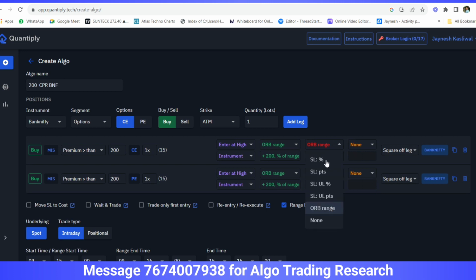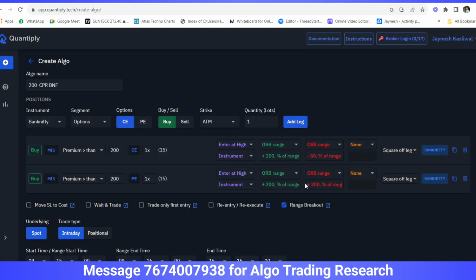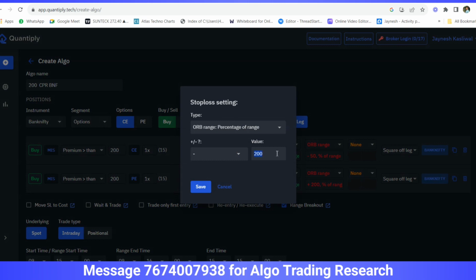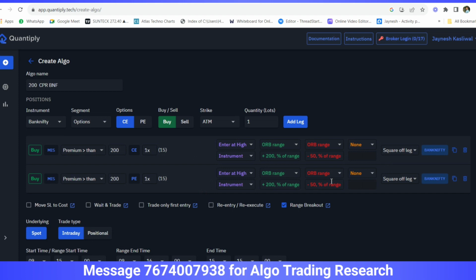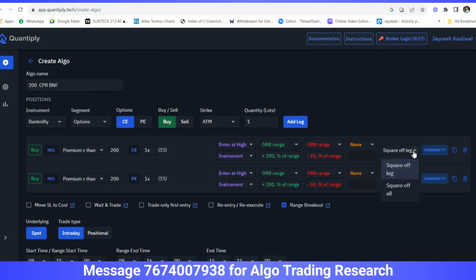ओआरबी रेंज माइनस 50%। ओके, अंडरस्टूड। ओआरबी रेंज माइनस 50% ऑफ द रेंज हियर। नीचे आ गया। अब हमने देख लिया कि अगर इधर स्क्वायर ऑफ लेग है कि स्क्वायर ऑफ ऑल लेग्स है, वो सिलेक्ट करना है। इफ इट इज स्क्वायर ऑफ ऑल लेग्स देन सिलेक्ट स्क्वायर ऑफ ऑल लेग्स। इफ इट इज स्क्वायर ऑफ लेग इट इज स्क्वायर ऑफ लेग हियर।